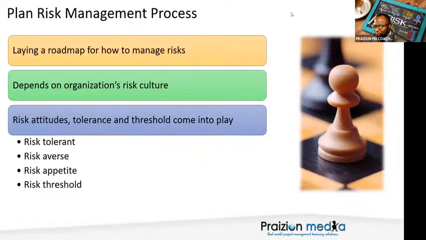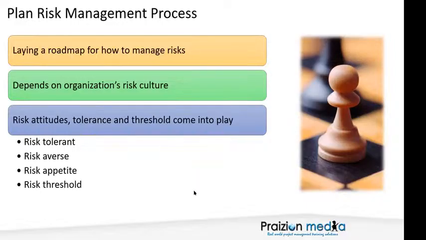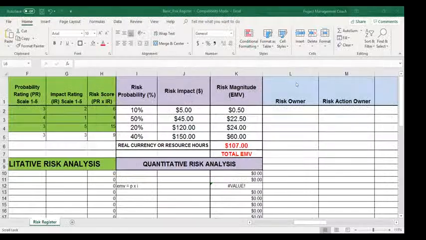Okay. Now, I should probably show that to you just to bring it 360. So let me show you that missing piece of what happens in plan risk responses. Okay, let me show you that. Hold on. So let's go back to that Excel sheet. And taking a look at the Excel sheet here,